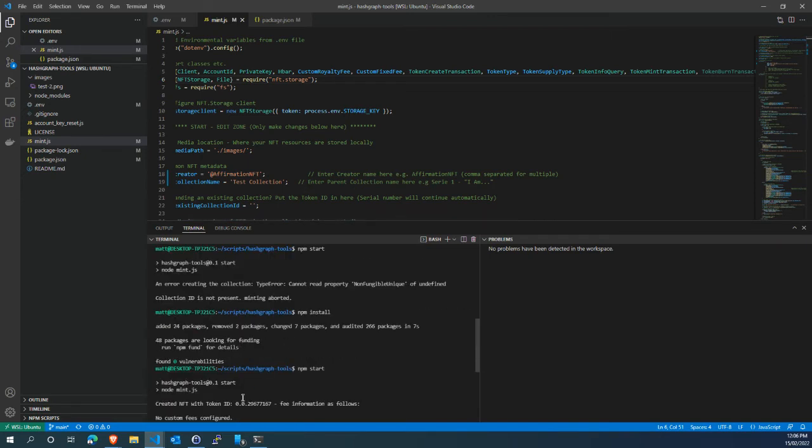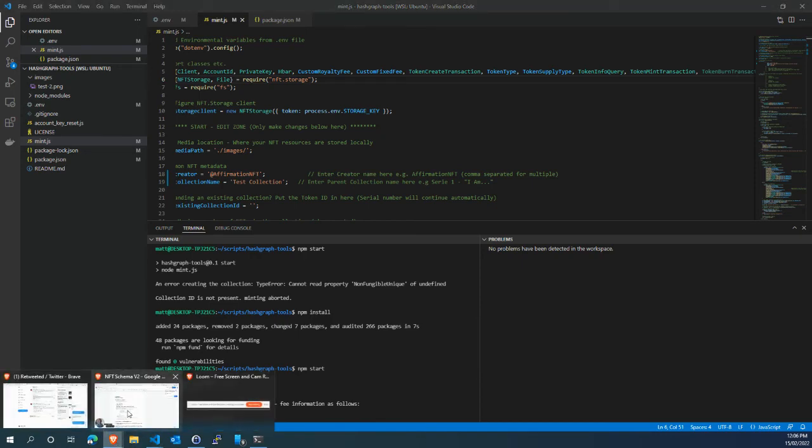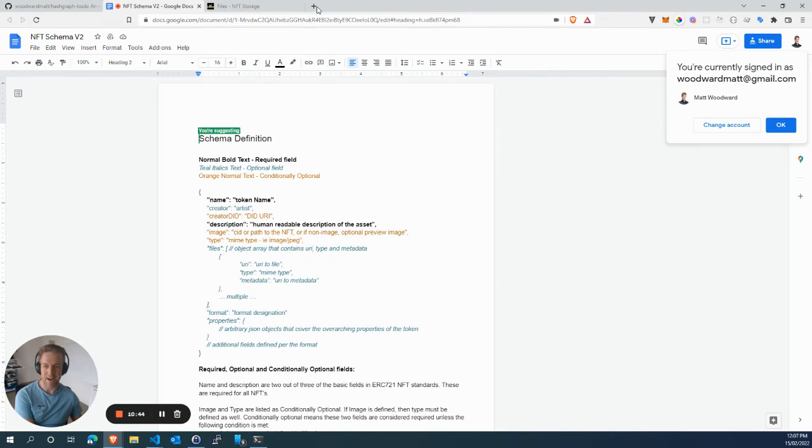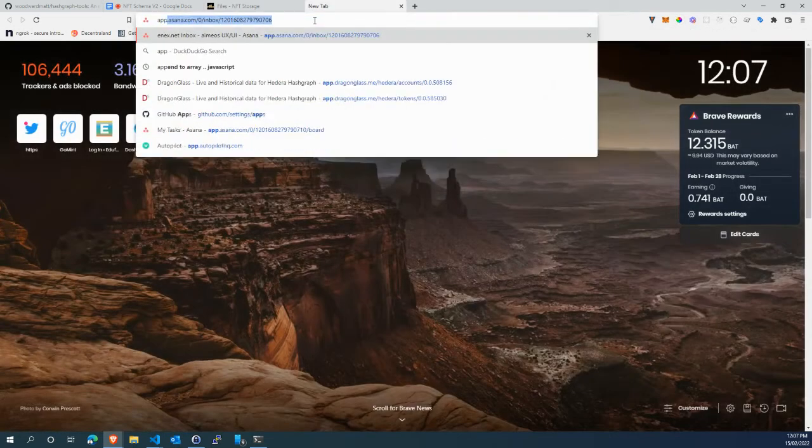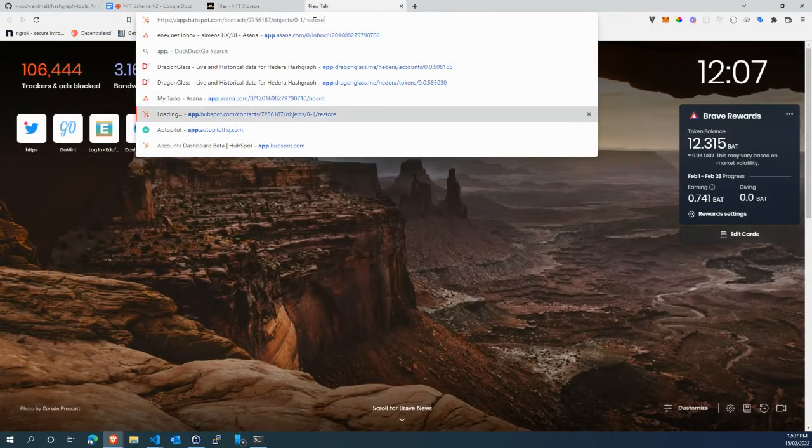We could go on to the Hashpack wallet for this particular treasury account that we've set up, and we could see that mint in the wallet itself. We could go on to Dragonglass and query that token ID and see essentially all of the transactions. That might be a really nice, quick way of me showing you that something has happened in the background. Okay, so I'll just go